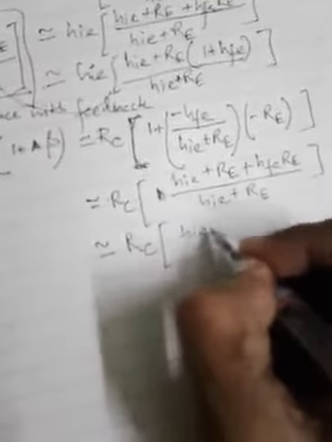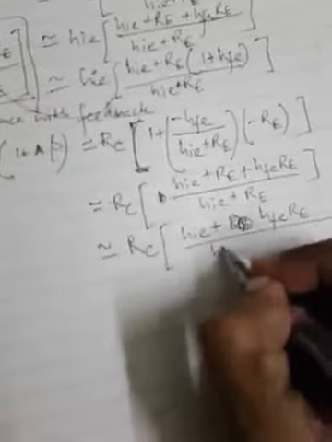So this is HIE plus HFE RE divided by HIE plus RE. So this is ZOF. So this is the output expression of output impedance with feedback in case of current series